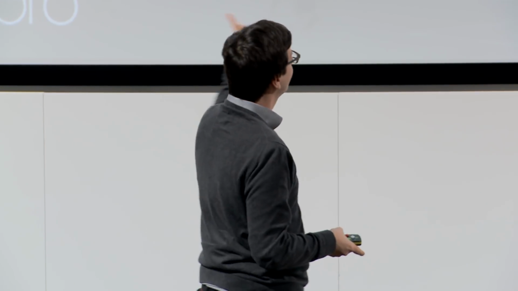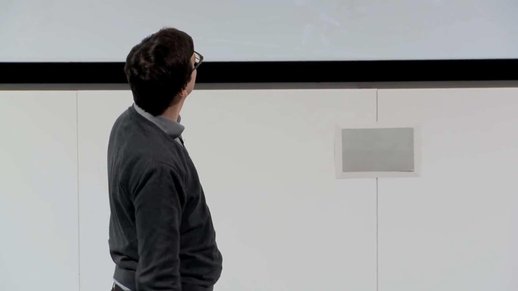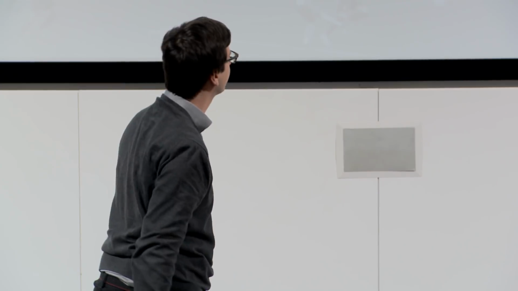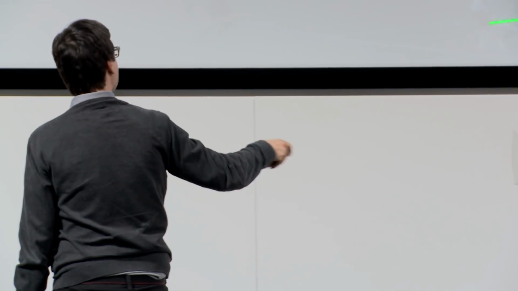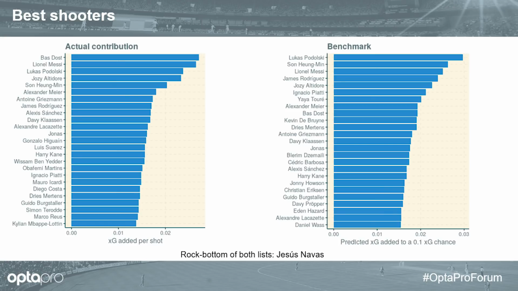And again, this is only current and former Big Five players, but the data set has about 30 leagues, and there are quite intriguing names actually scattered between these. And here is my favorite bit of sanity checking, which is that Jesus Navas is absolute bottom of both of these lists. He underperforms his expected goal numbers, but not the most in the data set. But the data set has so much data for him that that underperformance is actually read as a strong signal, and this is why he plummets down.